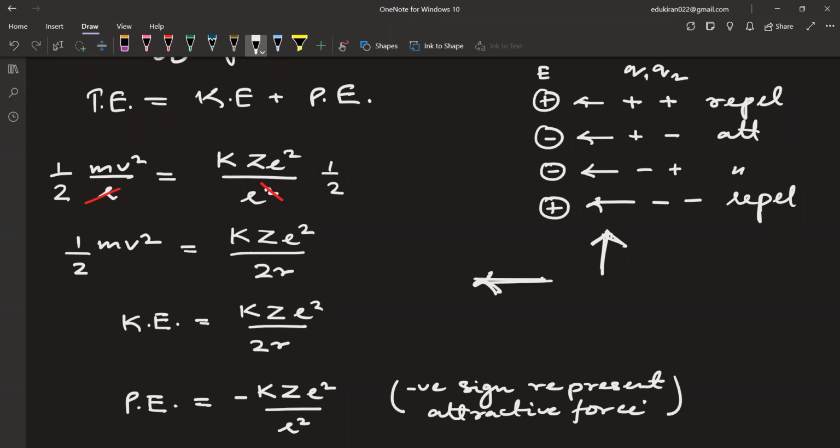We have the potential energy. Now potential energy means you have to take into consideration whether it is repulsive or it is attractive. So it is attractive in this case, that is why it will be having minus kZe square upon r square. Clear, Aisha and Iram? Yes. Okay. Now total energy will be equal to